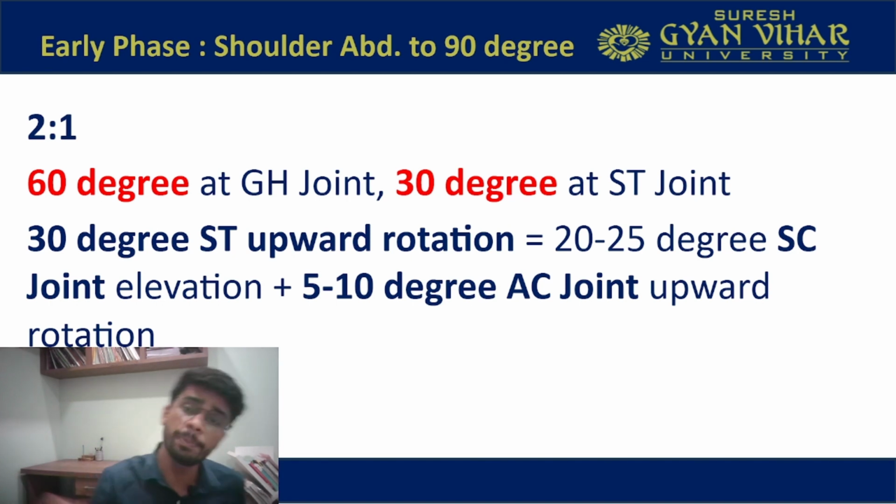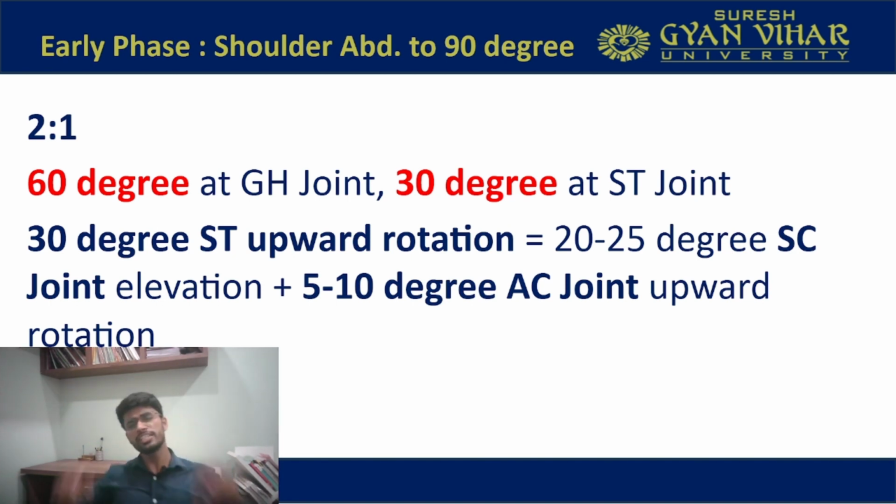And from the previous slides in this lecture, we understand very well that the scapulothoracic movement is actually decided by two joints, which are your sternoclavicular joint and the acromioclavicular joint. So the movements at the SC and AC joints decide the movement at the ST joint. For this 30 degrees of ST upward rotation, 20 to 25 degrees of motion comes from the sternoclavicular joint and 5 to 10 degrees of motion comes from the AC joint. So 20 to 25 degrees from the SC joint and 5 to 10 degrees from the AC joint till now.